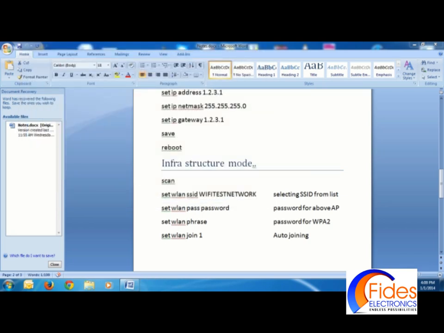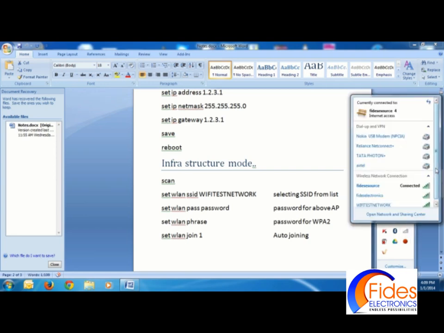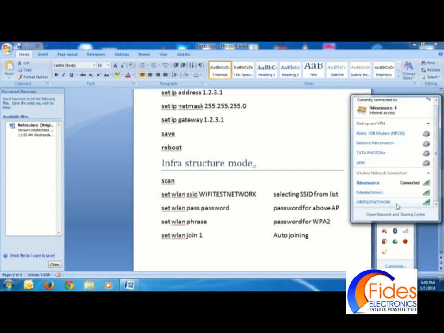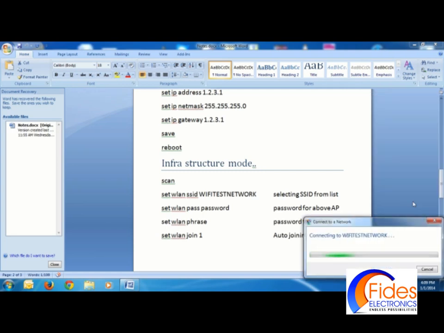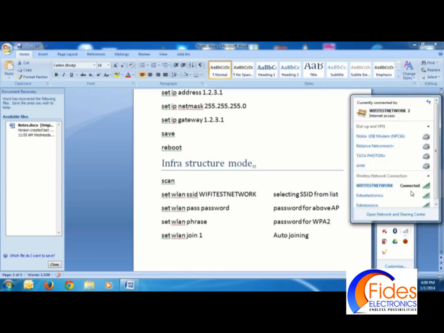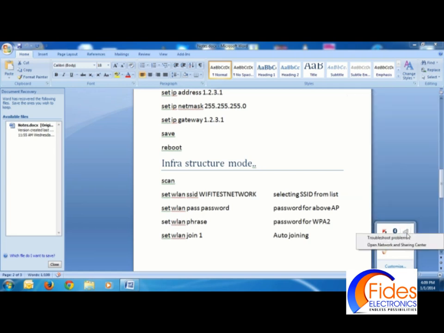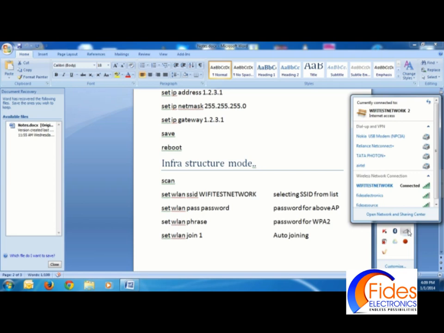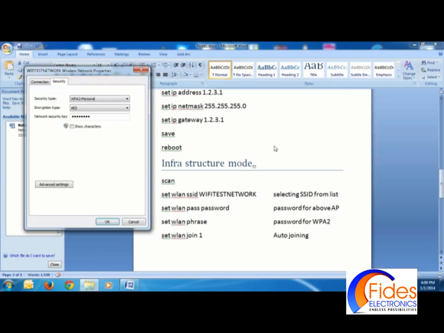Okay, now we don't need Teraterm. We need to connect to the module through another client. So we are using our laptop as another client. We are trying to join Wi-Fi test network. If you don't know the settings, or if the setting is different, then please go to the properties of that particular network.